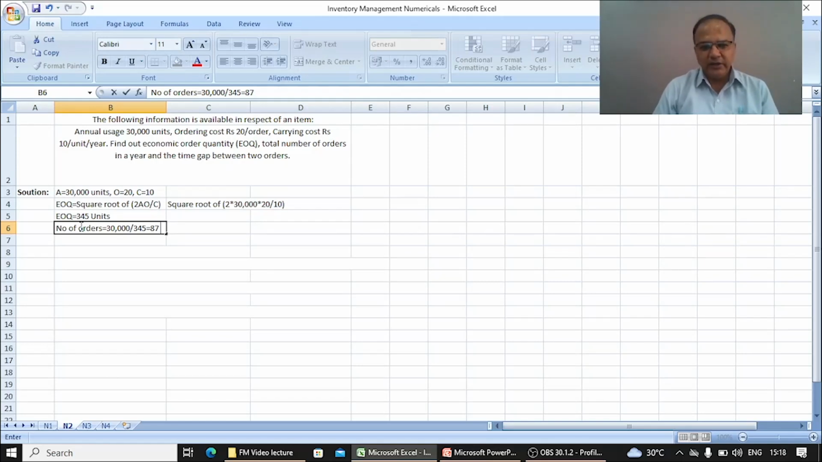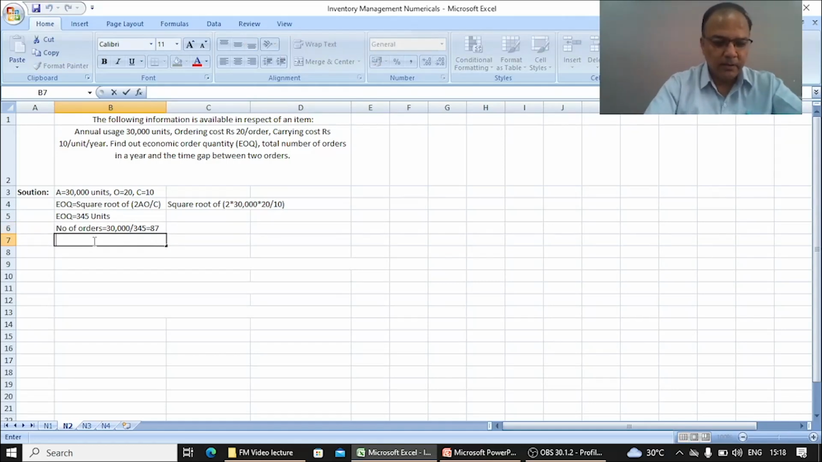You have to give 87 orders, and the time gap between two orders is, if number of orders is 87 and number of days in a year is 365, it means the gap in two orders is equal to